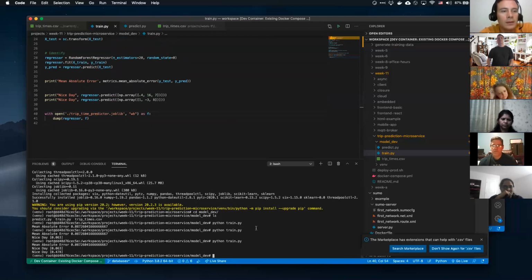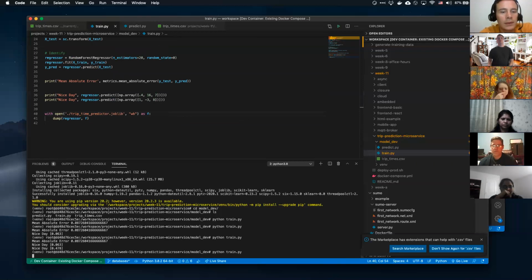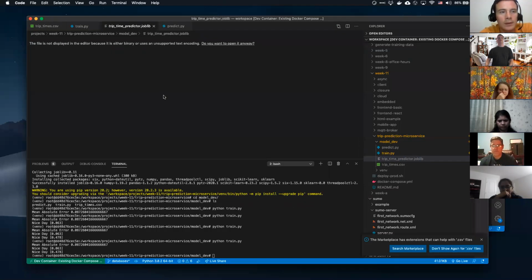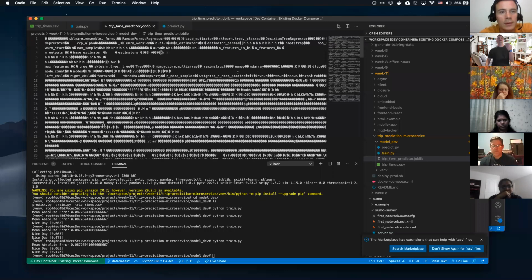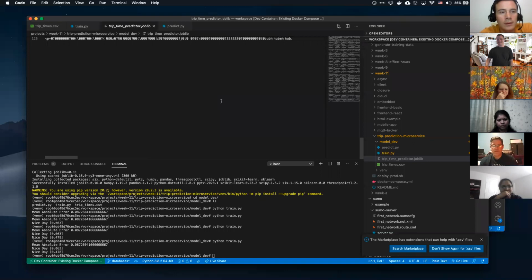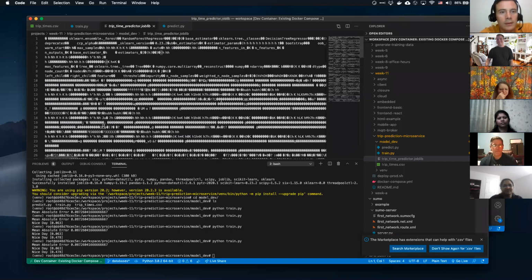So let's run this, and we should notice that it'll create this joblib file over here. So now we have a serialized model, and we'll open it anyways. That's what our machine learned model looks like. It's just binary. But fortunately, Pickle or Python knows how to import that and make sense of it for us.